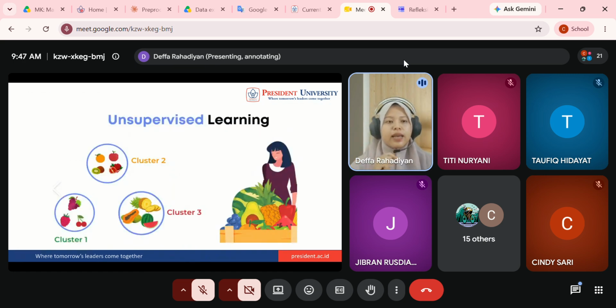This is the challenge, that's why you need to have good analysis. For example, in fruit classification, we have a lot of types of fruit: papaya, watermelon, pineapple, apple, and so on. We don't know how to cluster all these fruits.